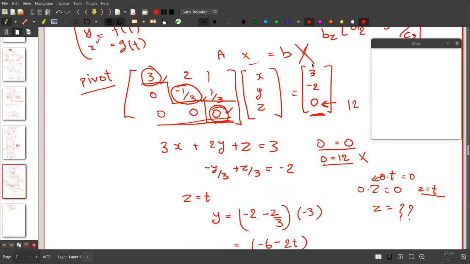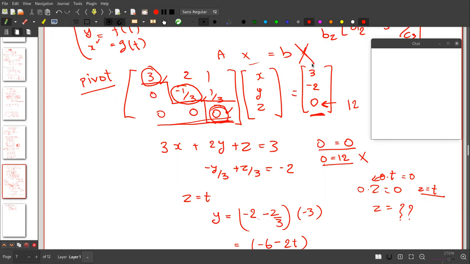So we have three cases here, and these three cases are important. You don't have to remember them. What you have to do is make it upper triangular, or better, row echelon form, and from there you see if it has infinitely many solutions, or no solution, or a unique solution.